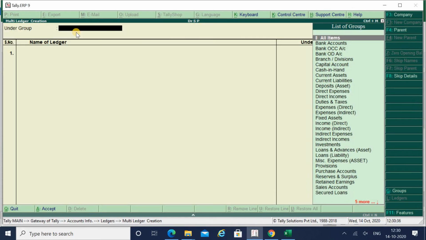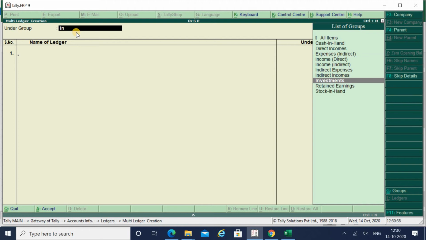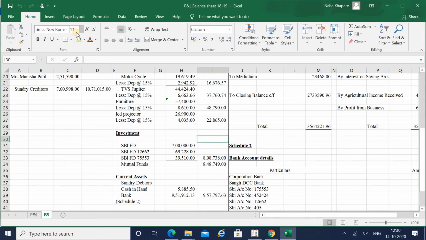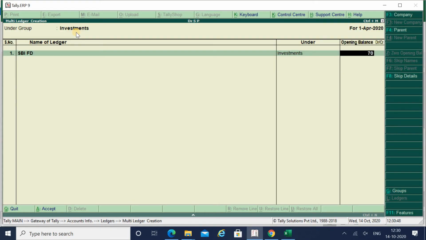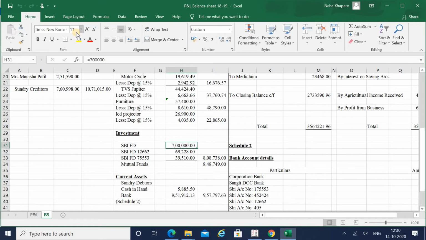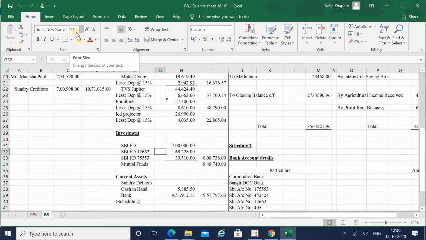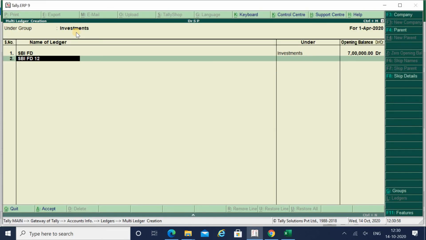Let's create investments. I will select investments here. First is SBI FD. Again I would like to say, enter the details minutely. If you have an FD, then enter the name of that FD also.